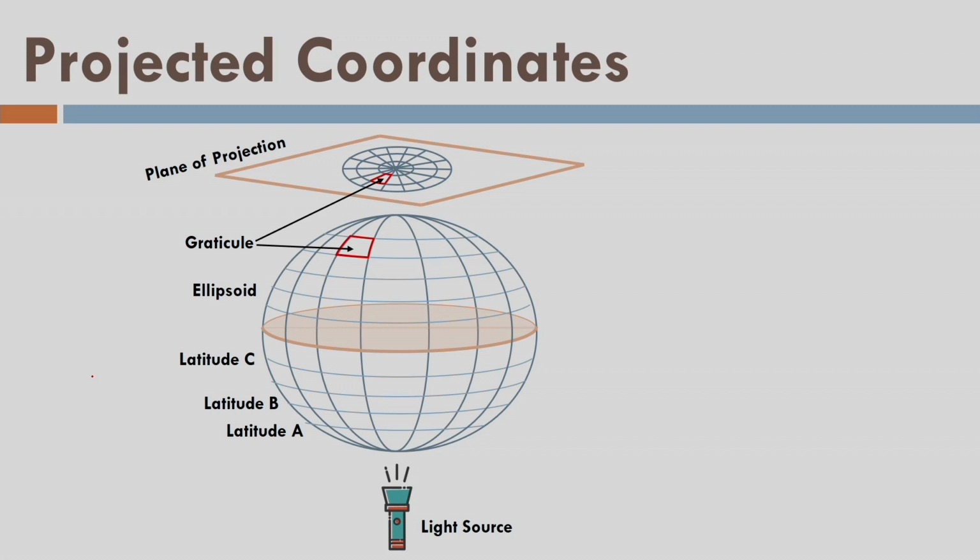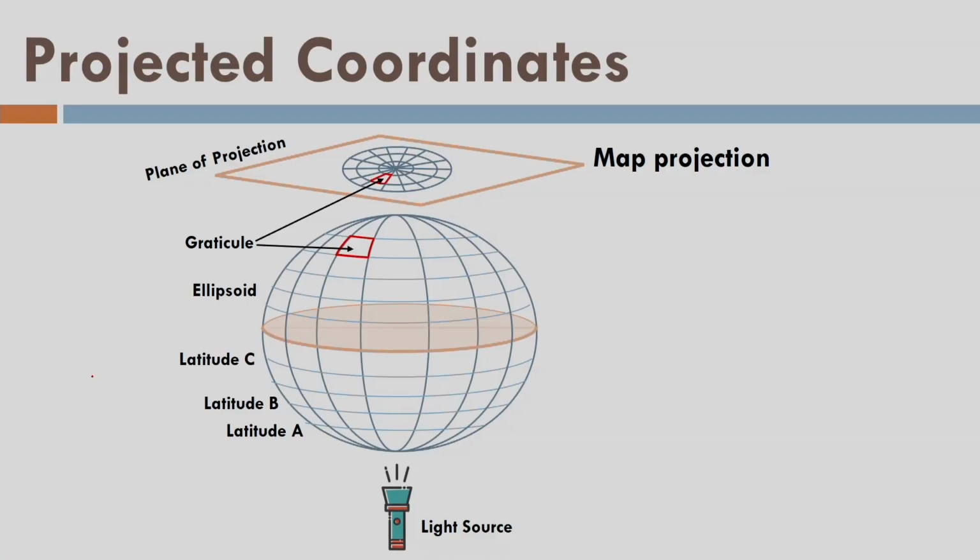Well, I hope that you got the idea of what a map projection is, and you can now develop your own map projection, or you can imagine if I give you where the light source is, how the ellipsoid is placed, and where my plane is placed. So once these three things are clear to you, to anyone, we can imagine how a map projection is developed. I call it map projection, or the projected coordinates. The better name is map projection.